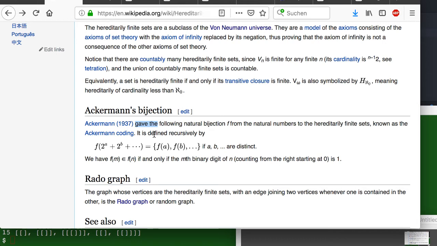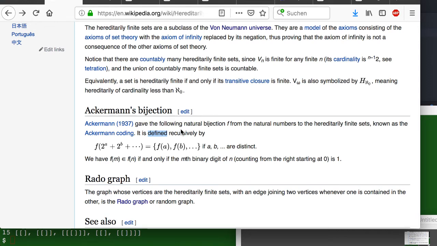But since the collection V omega is still infinite but countable, there is a bijection to the natural numbers, and it goes like this. You say you have this bijection f. f of 0 is going to be the empty set, right? You put the number 0 and the empty set into correspondence, and then whenever you have another number, then you